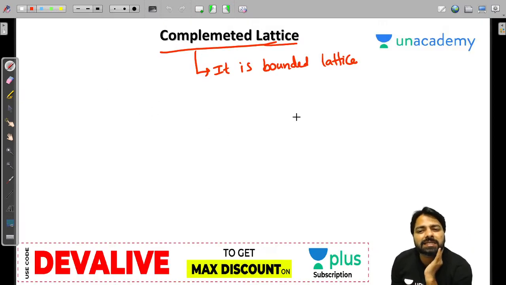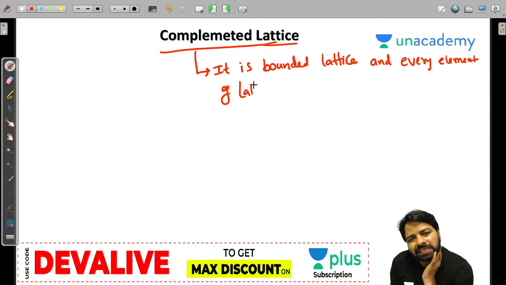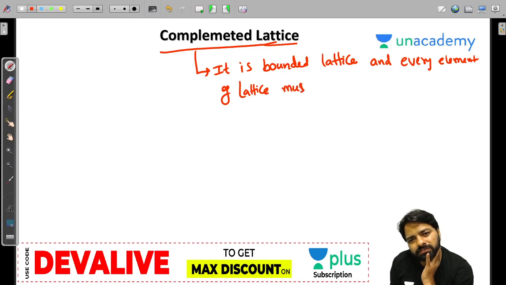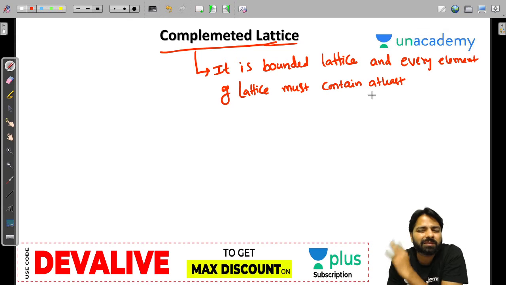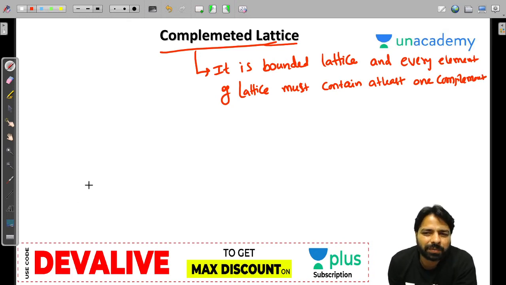It is a bounded lattice and every element of the lattice should have at least one complement. Every element of the lattice must contain at least one complement. That means a complement exists for every element. At least one complement. Every element has at least one complement. Everyone? So, example,